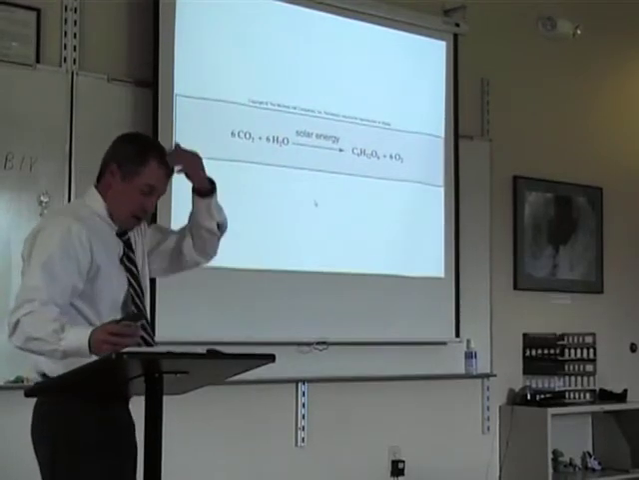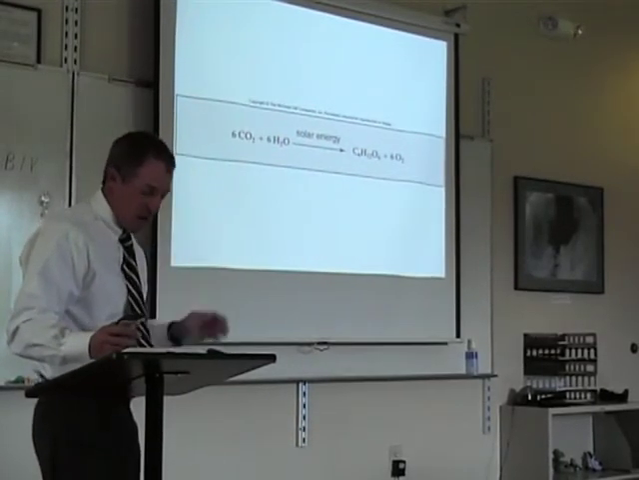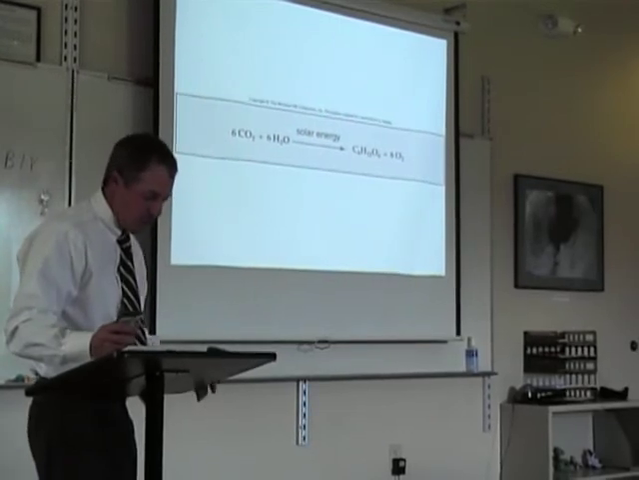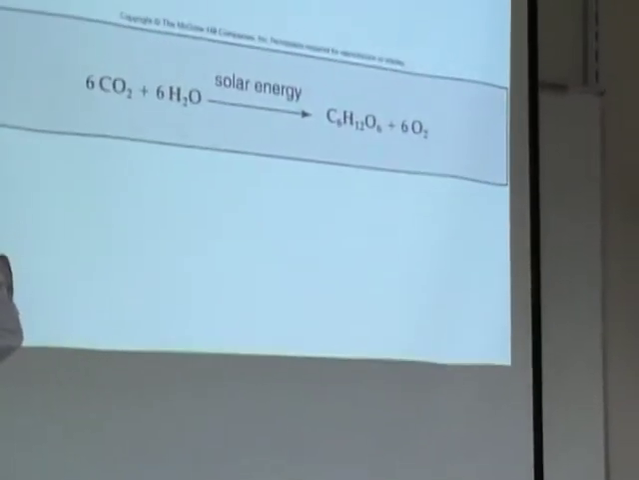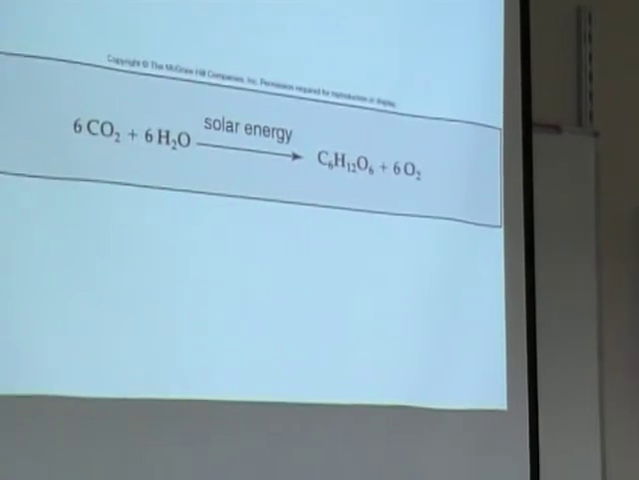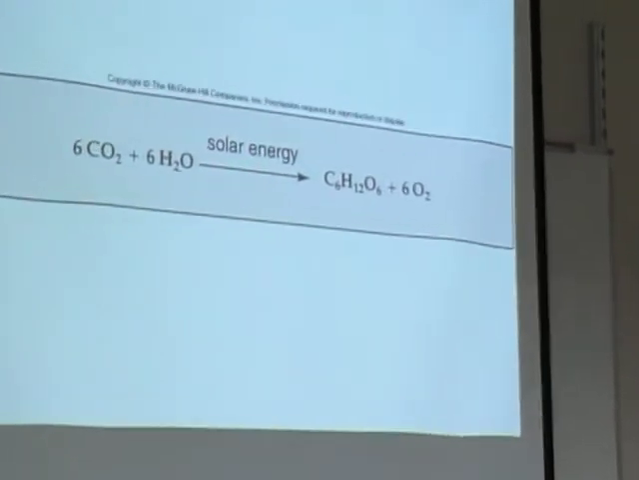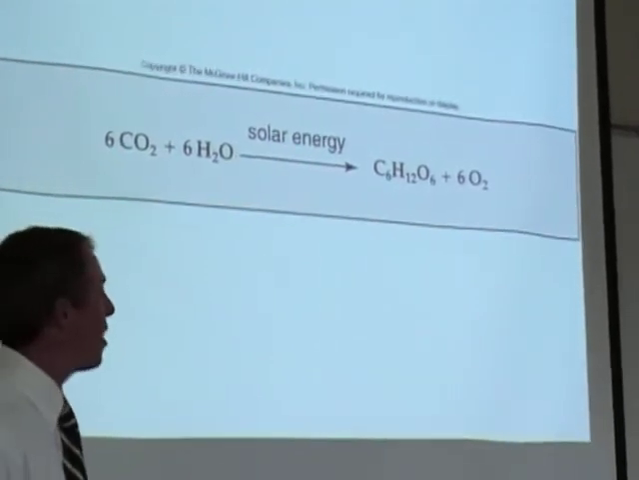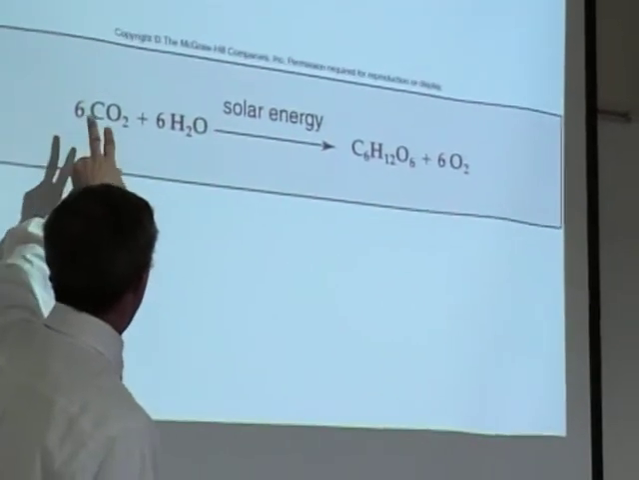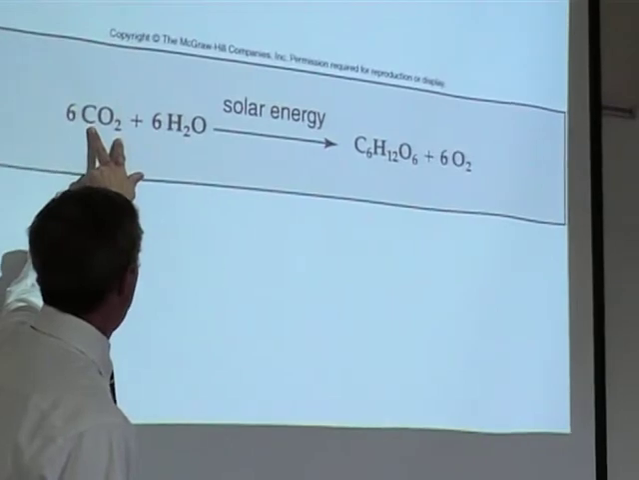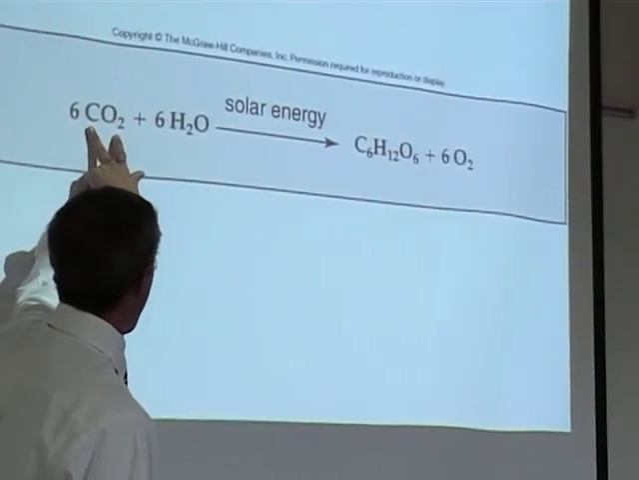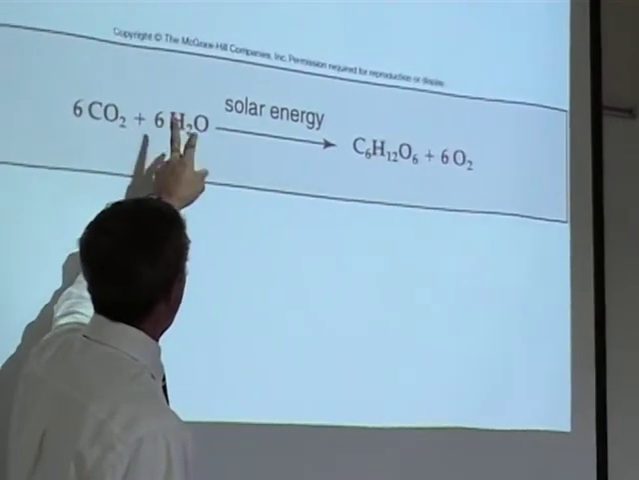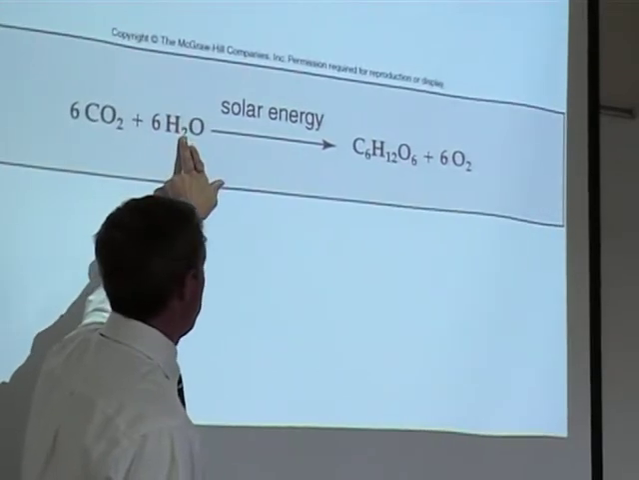Now, here is the photosynthesis equation. And you need to know this equation. This is of huge importance to you in this class. Okay? Go ahead and write it down right now. This: 6 carbon dioxide combines with 6 water molecules